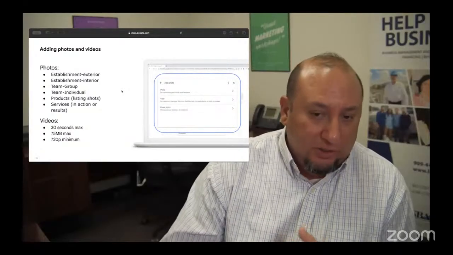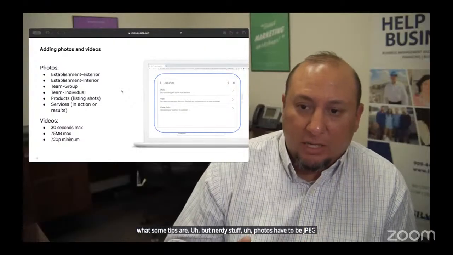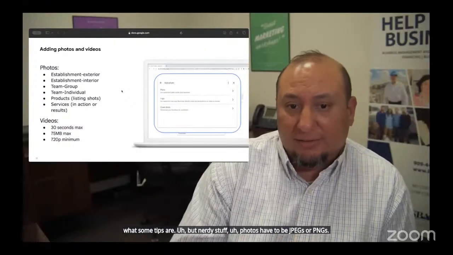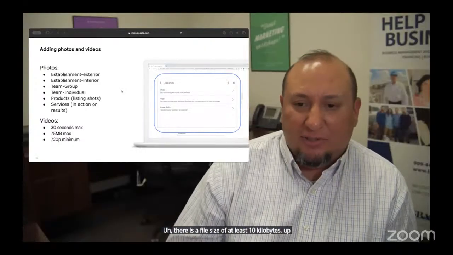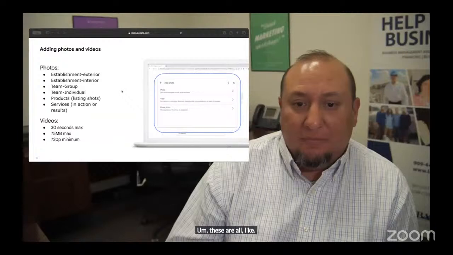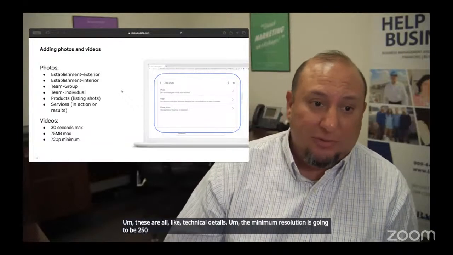But nerdy stuff, photos have to be JPEGs or PNGs. There is a file size of at least 10 kilobytes up to 5 megabytes. These are all like technical details. The minimum resolution is going to be 250 by 250 pixels, so a little square like that.